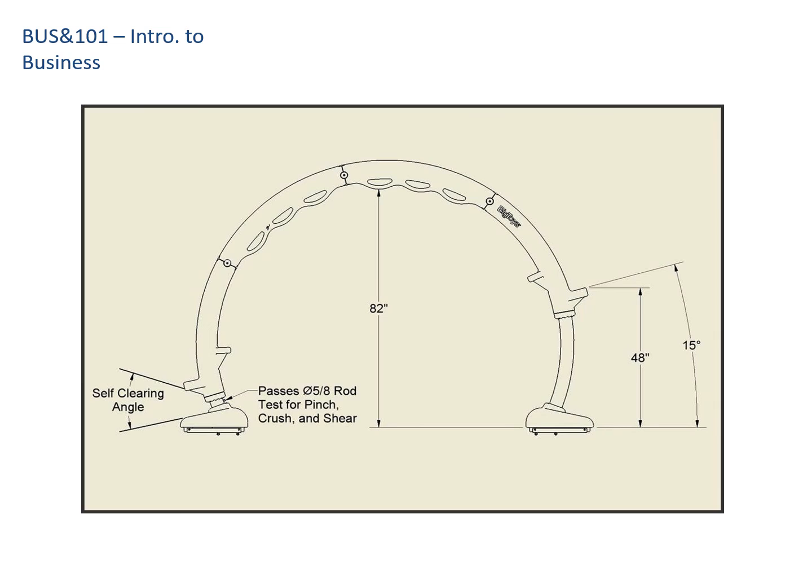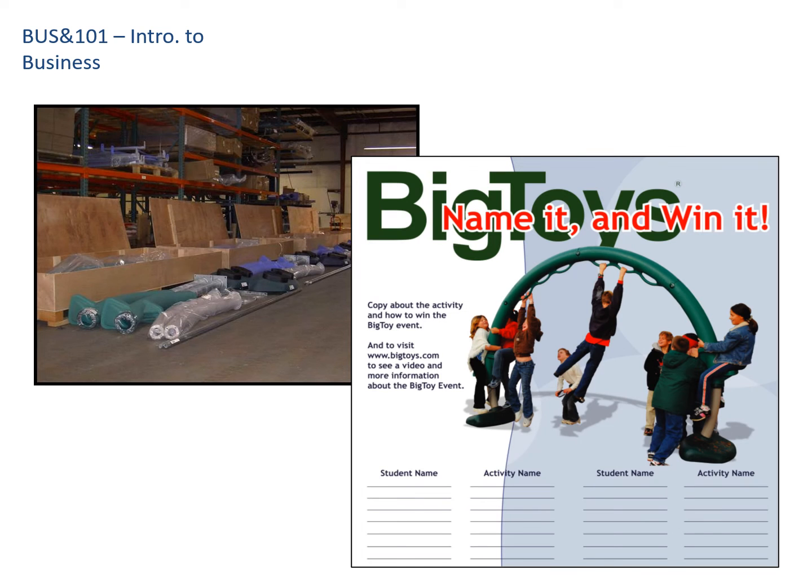So the next step, once we had a design that worked well, was to do all of the safety standard issues. So making sure that there were no head entrapments, that the height met the requirement for monkey bars, that the angles met the requirements for seesaws, all of that. So we had to do all the technical kind of work to make sure it passed. And we did